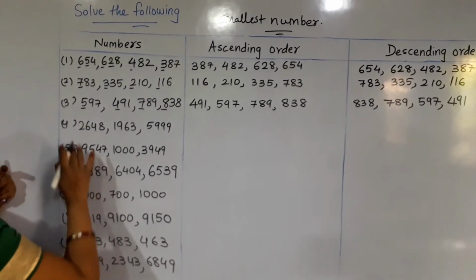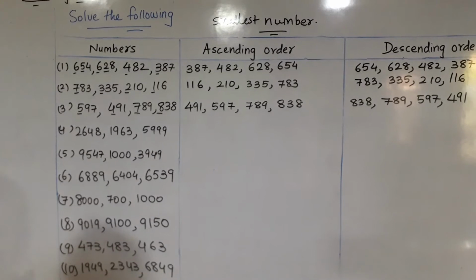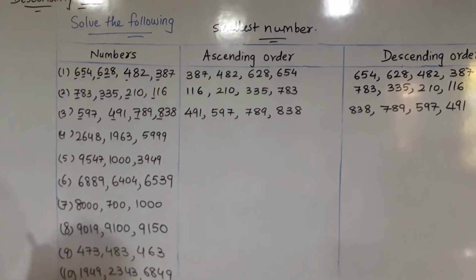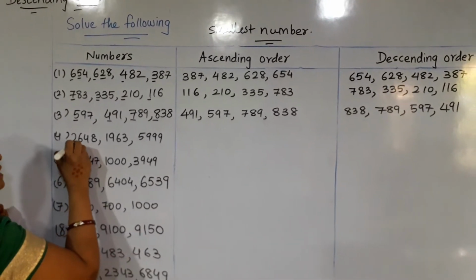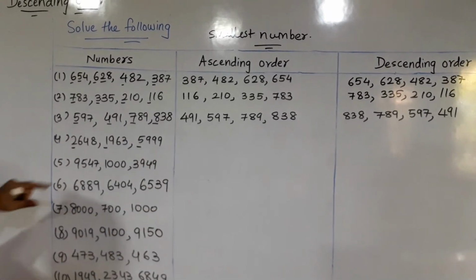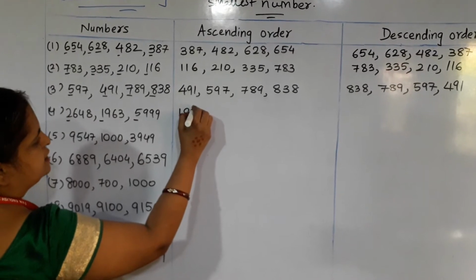Again we will move on to the 4-digit number now. 4-digit number देखेंगे तो उसमें भी पहले हम लोग को क्या करना है, सबसे पहला डिजिट जो है उसको पहले अंडरलाइन करके देखना है कि which number it is. See here, 2, 1 and 5. So which is the smallest number? 1. So we will write that first.